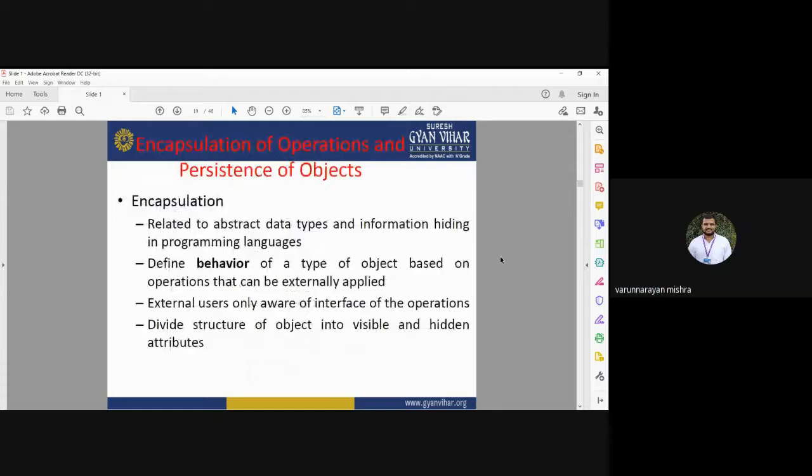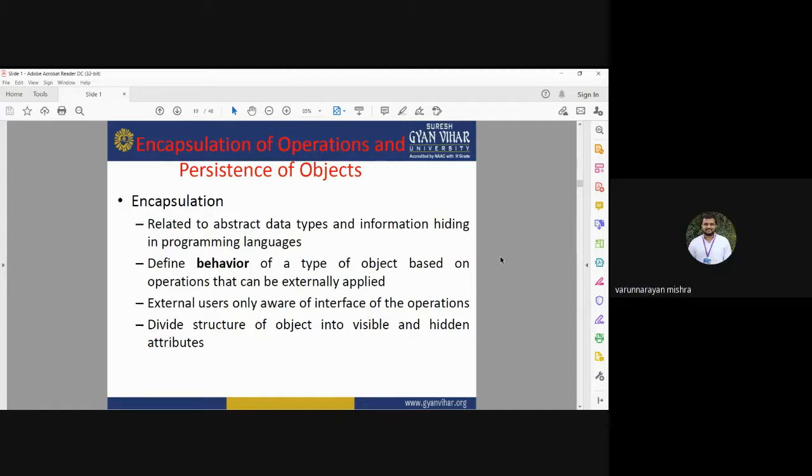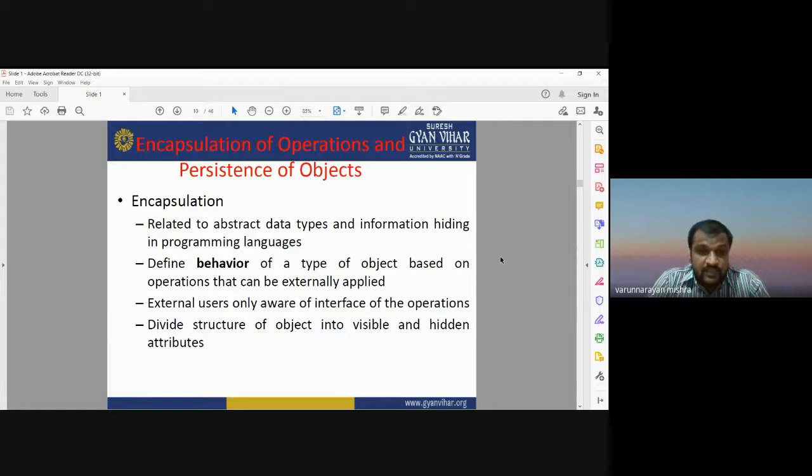Okay. Encapsulation of the operations and the persistence of the object. Encapsulation is related to abstract data types and information hiding in programming languages. It can be used to define the behavior of a data type based on the operations that can be externally applied, and it can have the external users only aware of the interface of the operations, and it can divide the structure of the object into visible and hidden attributes.